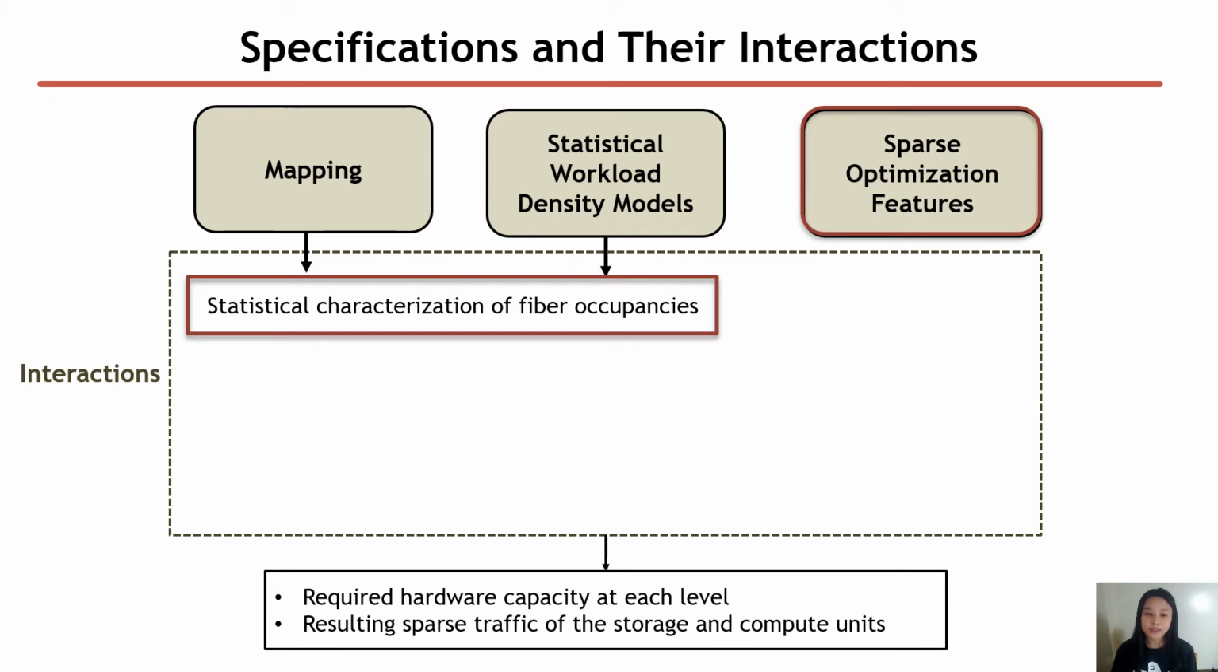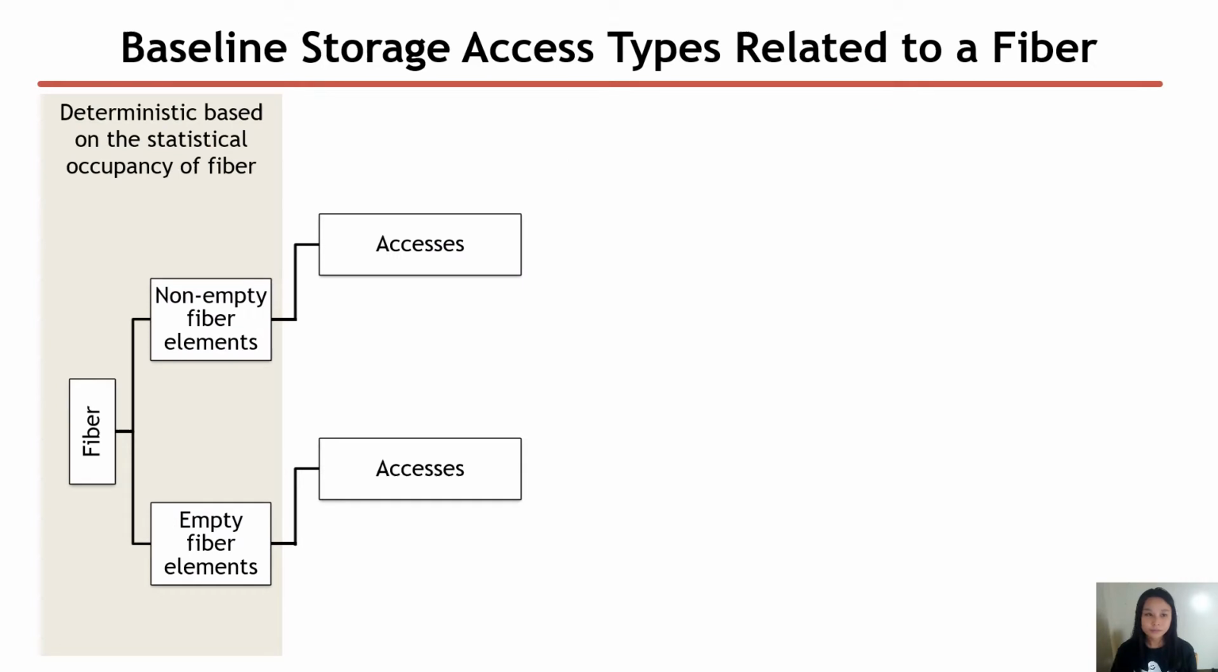your defined statistical characterization of fiber occupancy and the actual sparse optimization features. So let's take a look at how these two interact with each other. Okay, so again, as we have already said, you can imagine that we processed the mapping and the statistical workload, and we have defined the statistical occupancy of